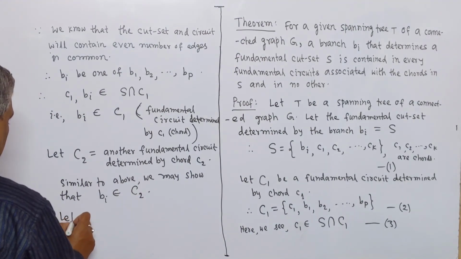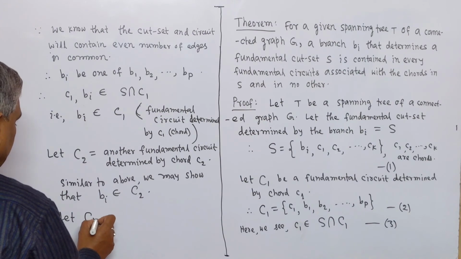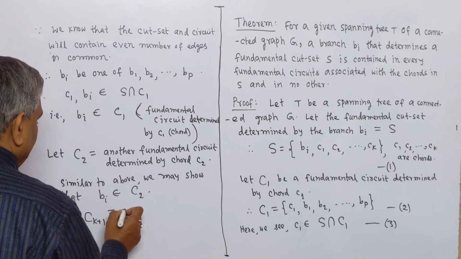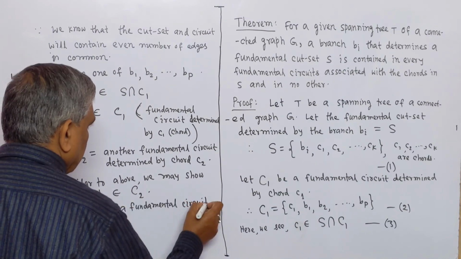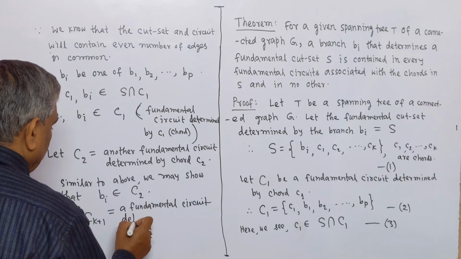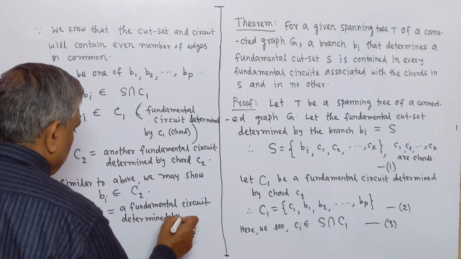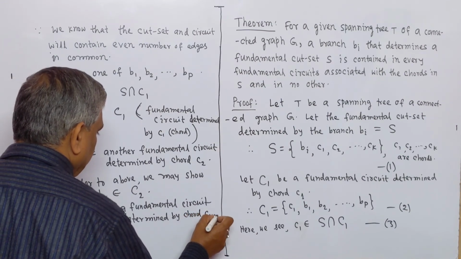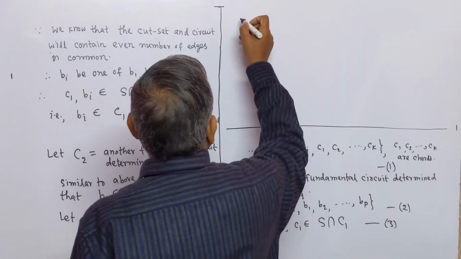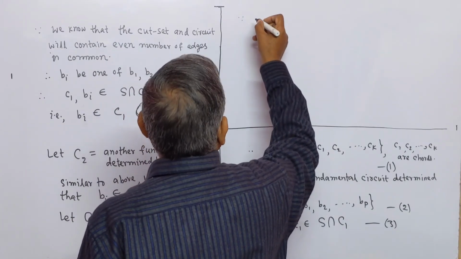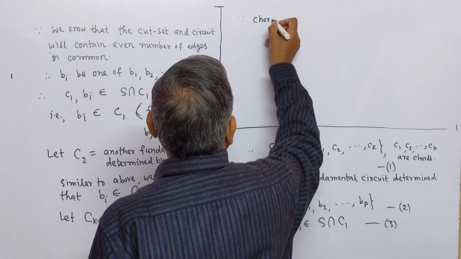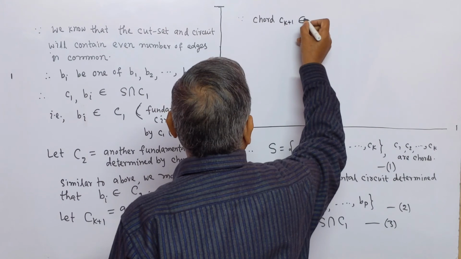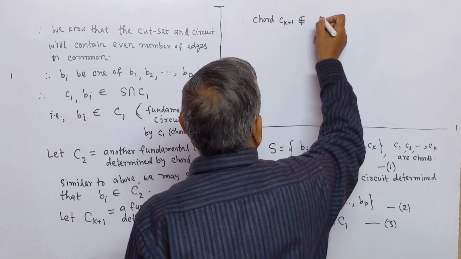Let capital C k plus 1 be a fundamental circuit determined by chord small c k plus 1. Since chord c k plus 1 does not belong to S,